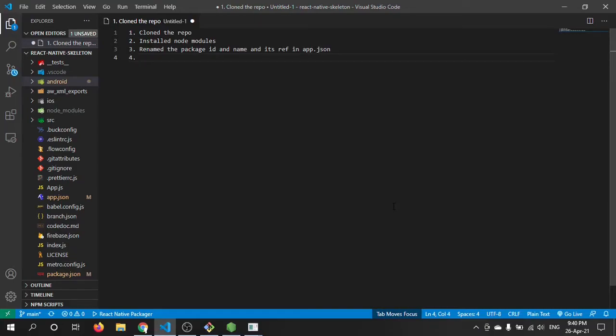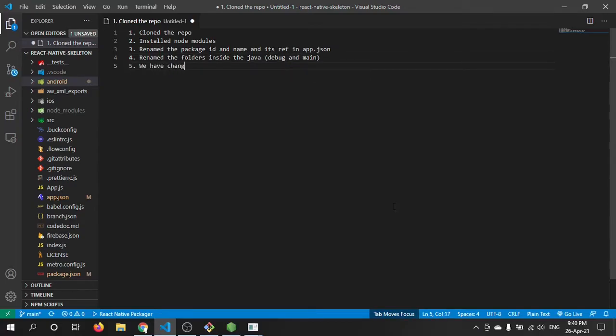Now, we have renamed the folders inside the Java folder of both debug and main, right.